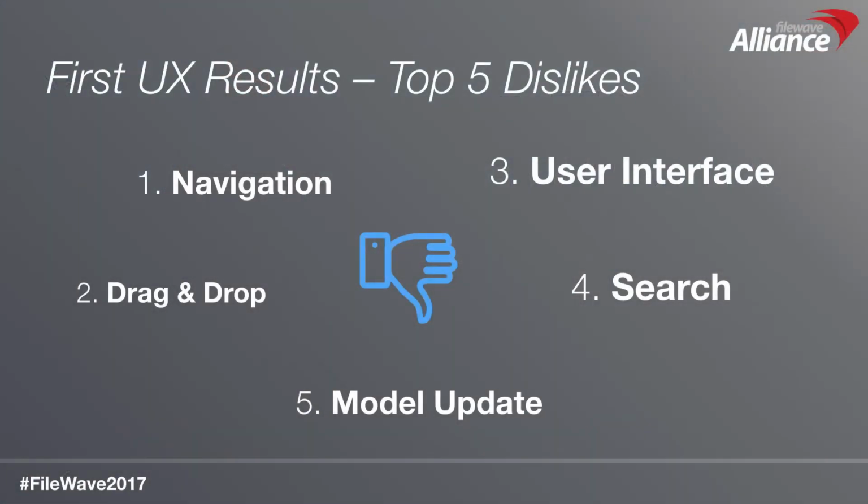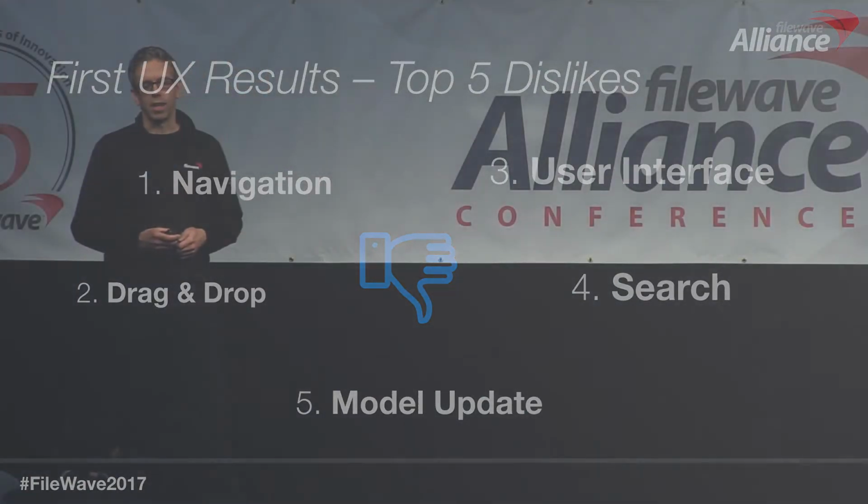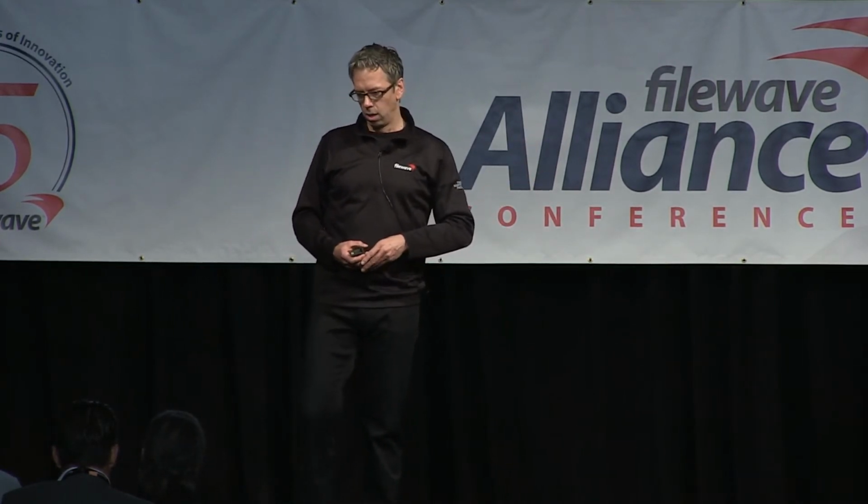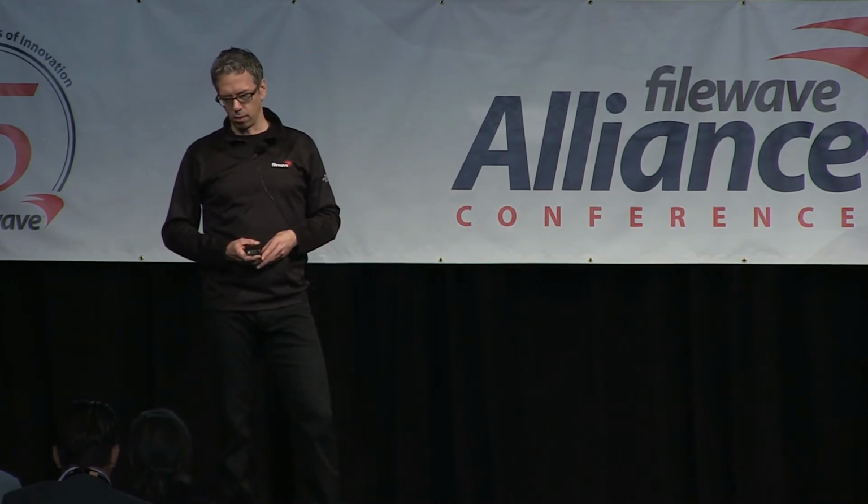But we also asked about what we can improve, the dislikes. Number 1 is navigation. It could be easier. For example, instead of searching for a client ID and going back and forth, it would be great if you could just click on it, drill down, and get to the next view. So it should be easier to navigate. Drag and drop. Sometimes it's hard to see where something is being dropped. Users don't use it very much because they think it's error-prone.